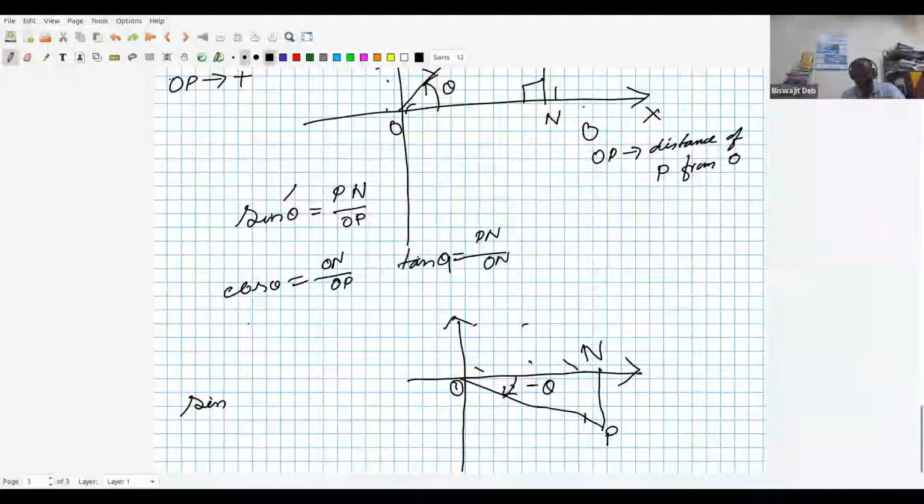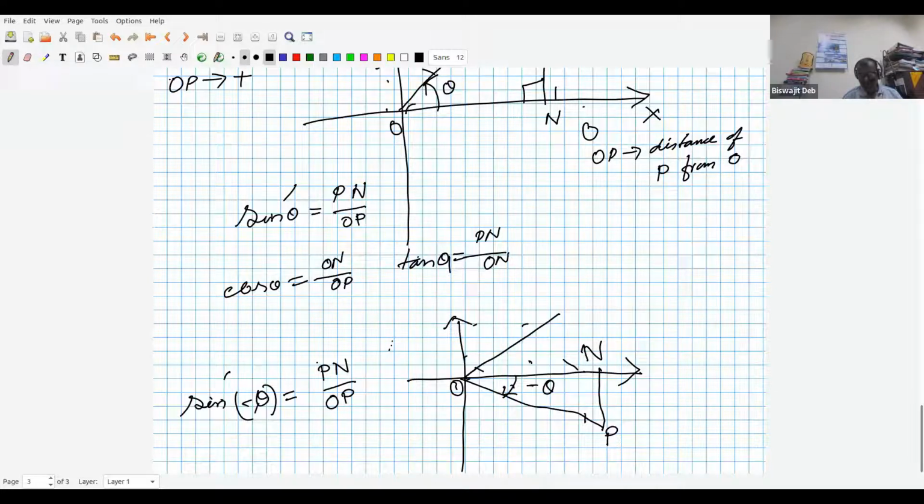It should be sine of minus theta. So this is equal to Pn by OP. But how do you compare Pn with the previous Pn? You see, if I draw this line, call it P dash, which is the reflection of P on the x-axis,